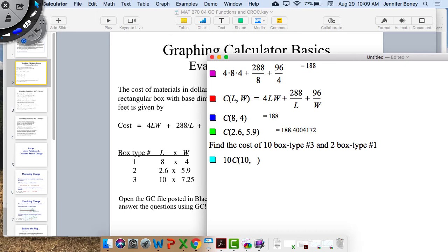So 10 and 7.25. So that's 10 box 3s plus 2 box type 1s, which I'm going to copy and paste because I just did that a second ago. Copy, Control C, Control V for paste. And there we go. So you can save yourself a lot of work if you need to do computations or express computations, whether or not you need the